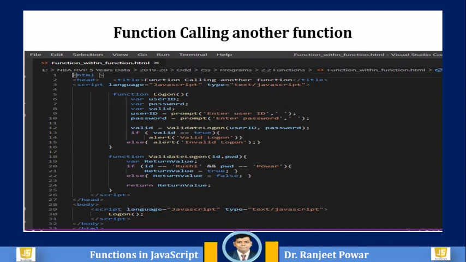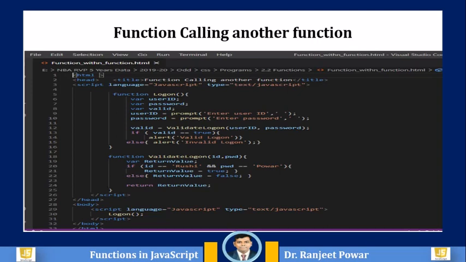Let's say that you define a logon function that handles all the tasks that are necessary for a user to log on to your application. This includes displaying dialog boxes, prompting the user to enter a user ID and the password. Let's also say that you define another function whose only task is to validate the user and password, and report back whether or not the login information is valid.